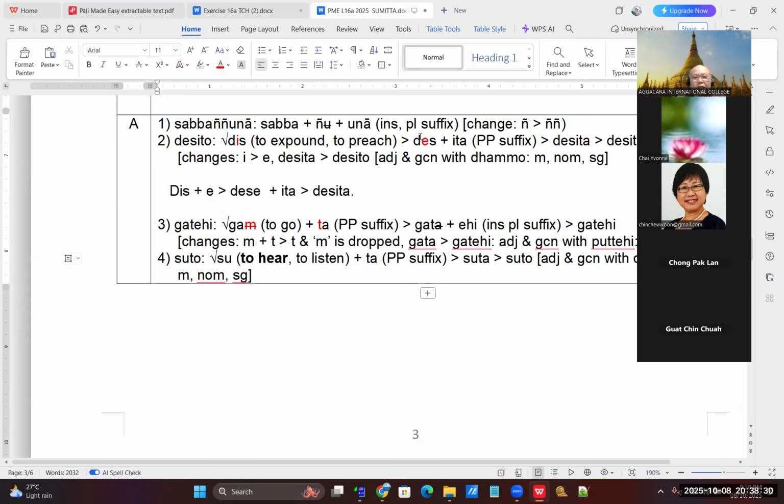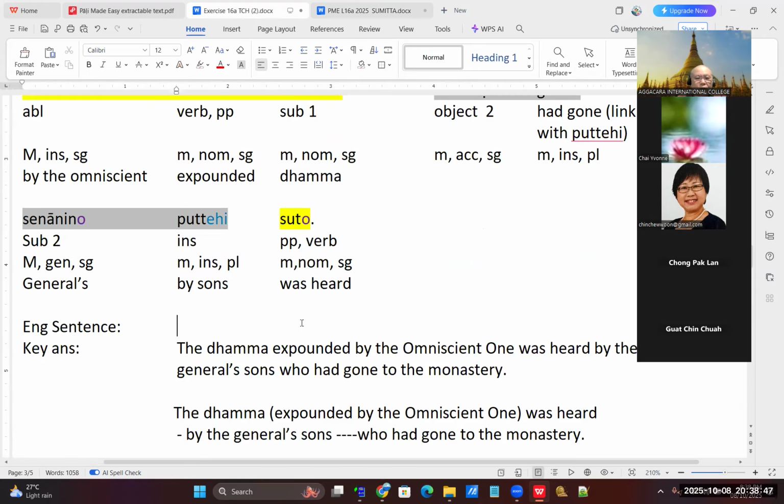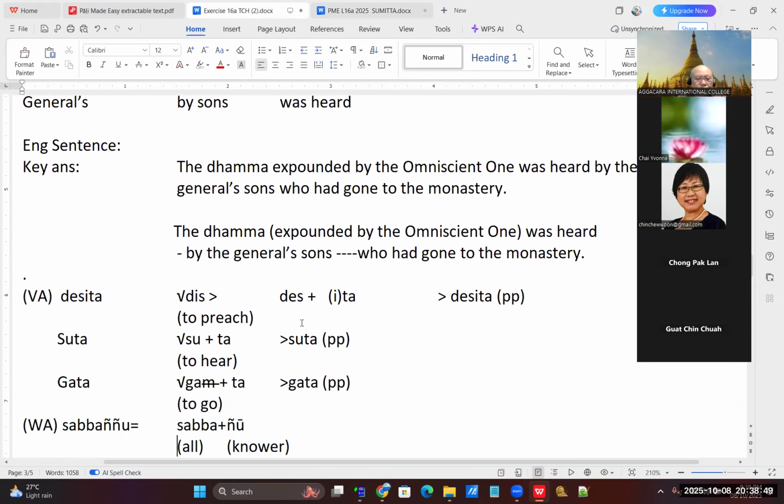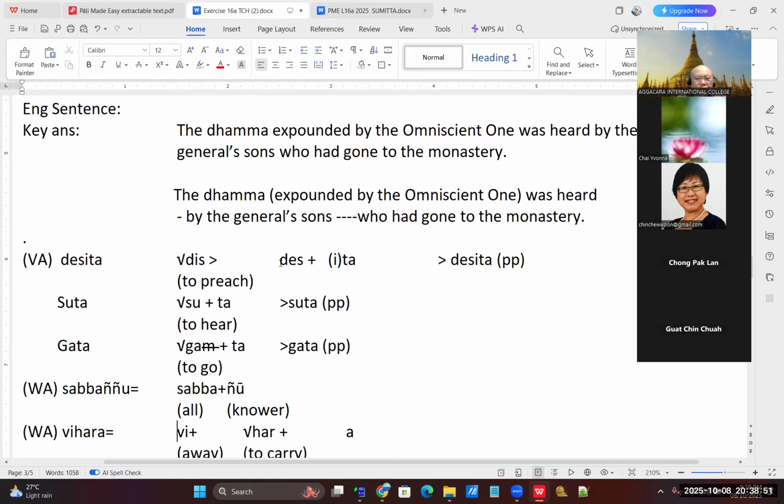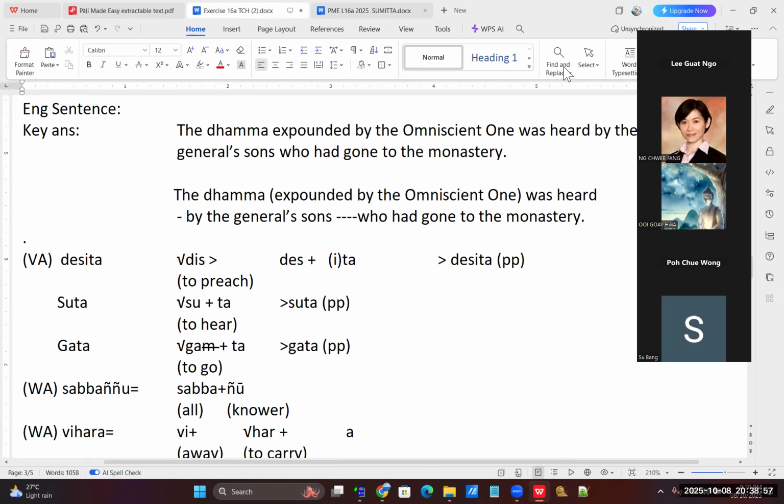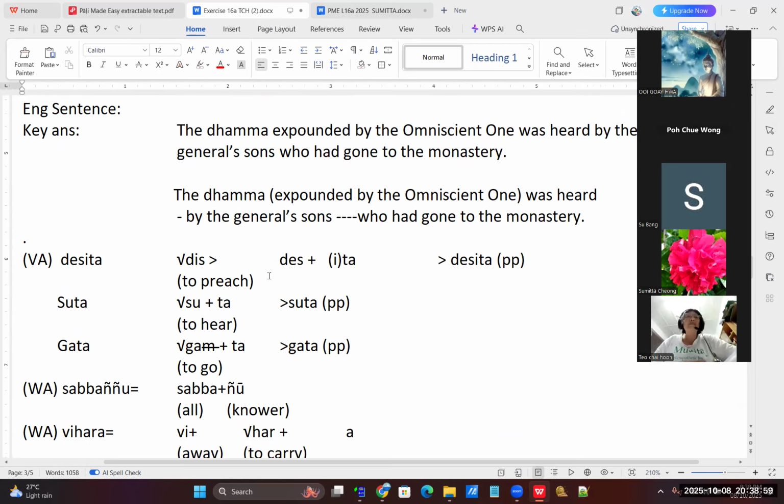Because if you show it like this, it becomes des, des. Then people ask you, why does this become des? But if you show this with the e, then you got dese, verbal base, then plus ita. That is actually easier to understand, right? I'm trying to show you, when you show people like this, people will ask you the same question, why is it like this, right? Like Sam also, Chai Hun, you also need to add the E, right? Okay, got it. So I put the E.